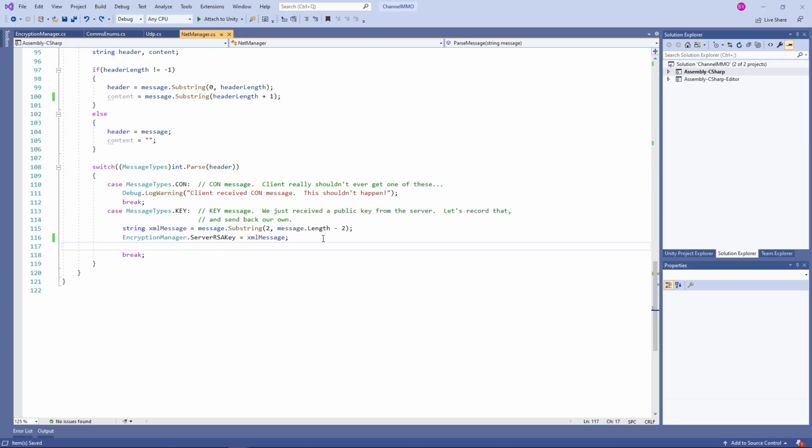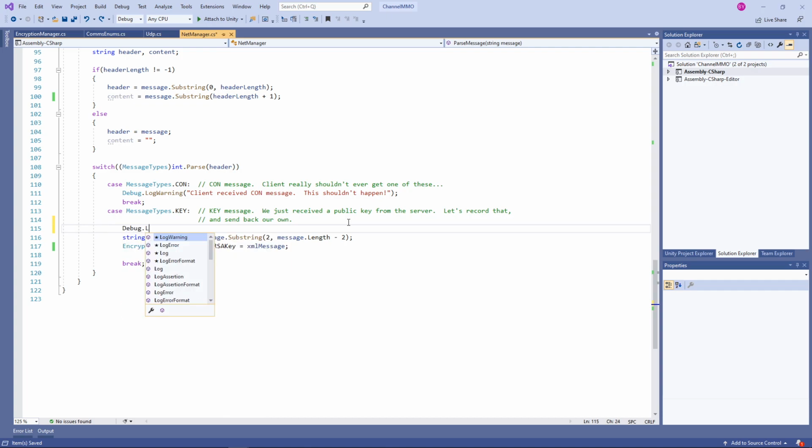For right now, I think we are going to just simply debug.log the message like that, just so that we can see what it's actually working with, and we'll just proceed for now. So we need to respond with our own